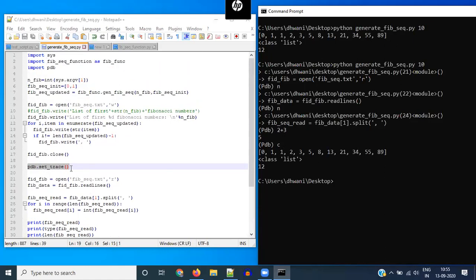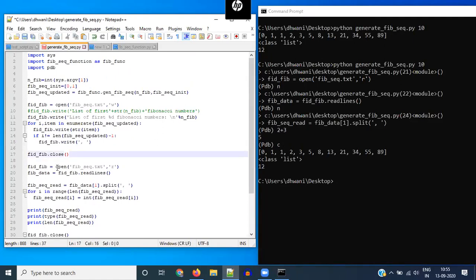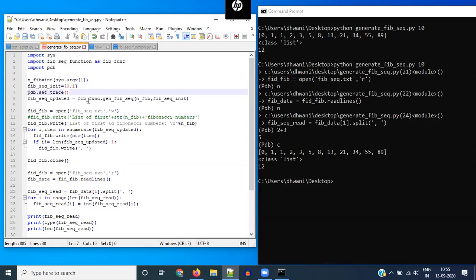Okay. Another feature of debugging that some of you might be familiar with if you've used MATLAB is the feature of stepping into a function, or not, as opposed to stepping over something. So the stepping over is equivalent to this n, which just goes to the next line. But if, say, you wanted to step into some function, let's remove that set trace from where it was, and let's put it just before we call our function.